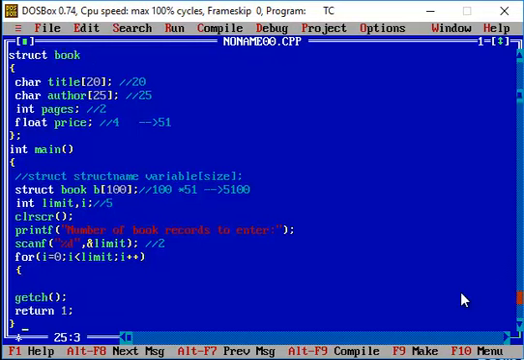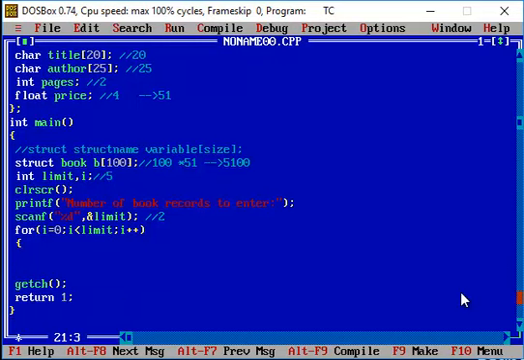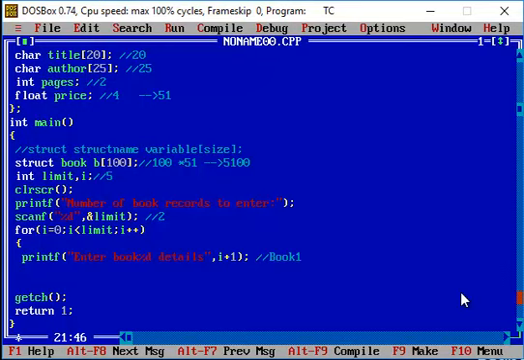First I'm asking the user to enter the first book record, or details. I'm giving the I value that is getting incremented by 1. Initially I will have a value of 0, so 0 plus 1, you will have the book record that is 1. So book 1, you are going to enter the details for book 1. So here first we are going to enter the book title.